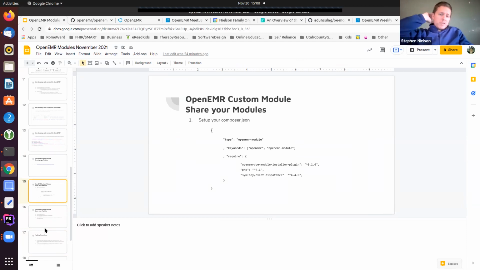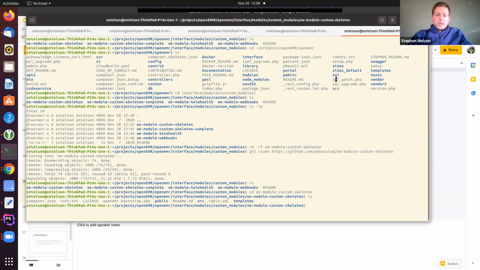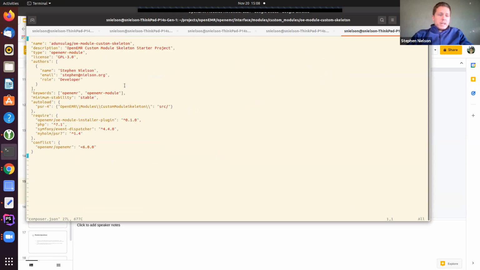If you've gone in and created this great code that you want to share and you want it to get out to the broader community, the first thing you need to set up, to have the autoloader and have it available, is your composer.json in your module. If we look at my composer.json, it has a couple key things.